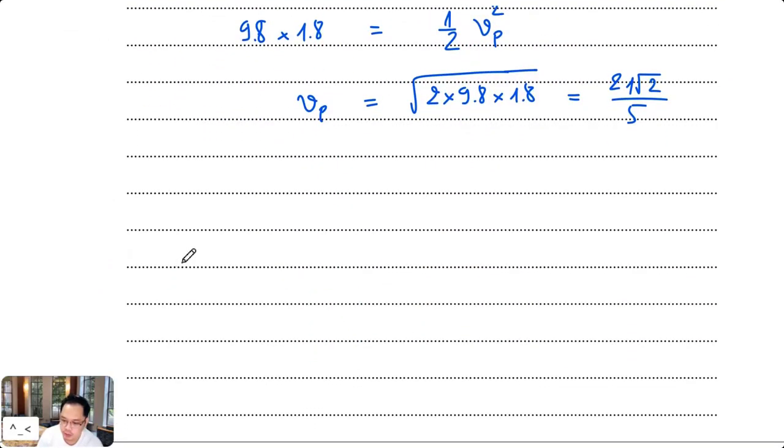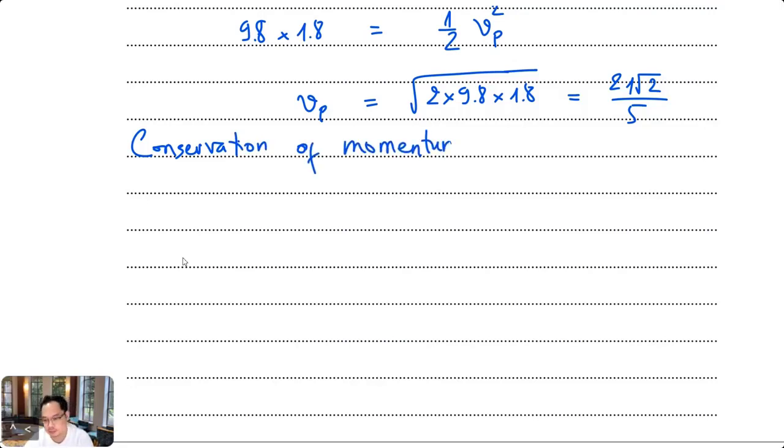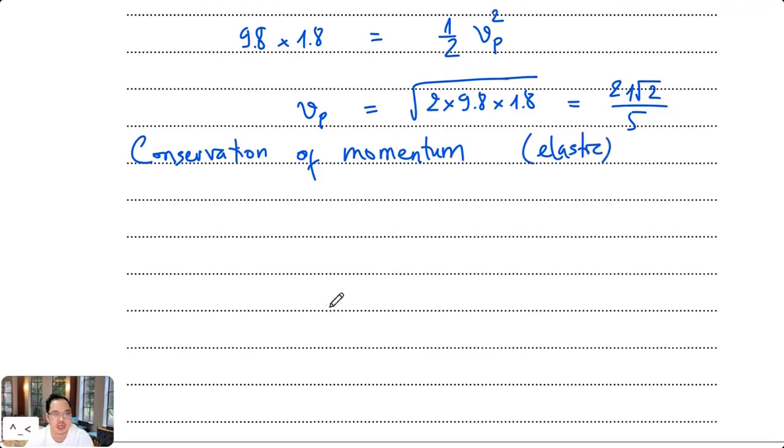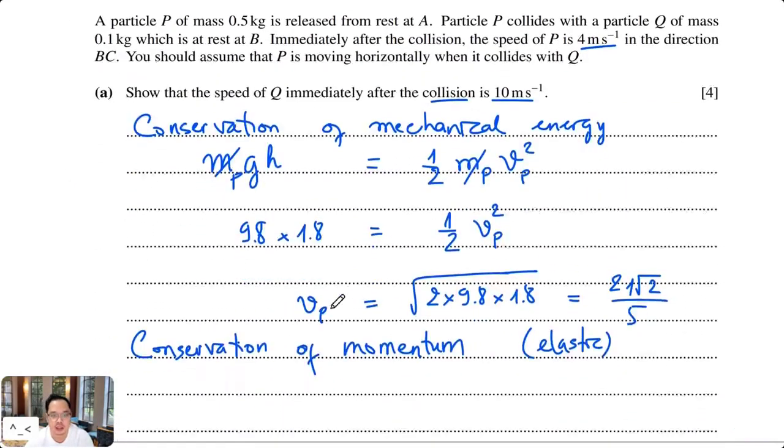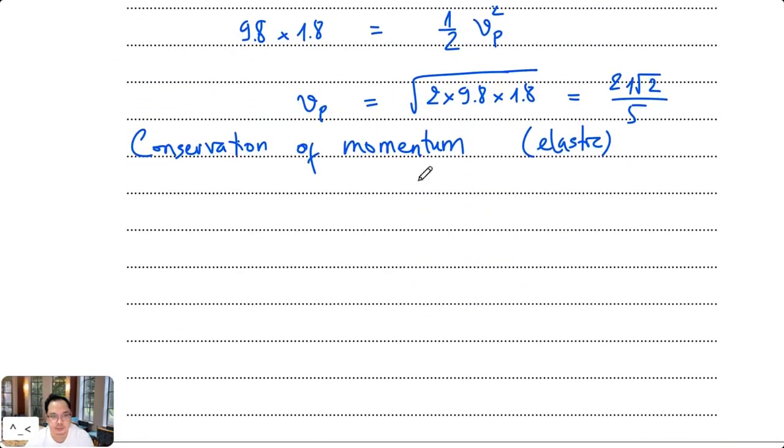Okay. The next step, we need to use the conservation of momentum for the collision. And this collision is elastic, definitely, because again there is no friction, and therefore the kinetic energy of the two particles before and after the collision is constant, and therefore this collision is called an elastic collision. And the conservation of momentum is written as follows: the mass of the particle P multiplied with its